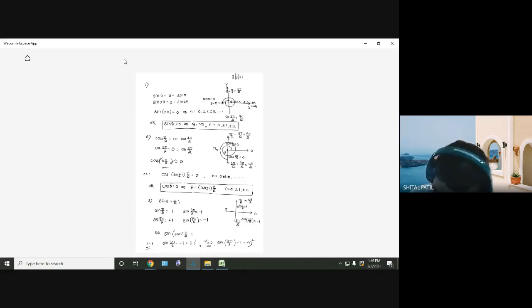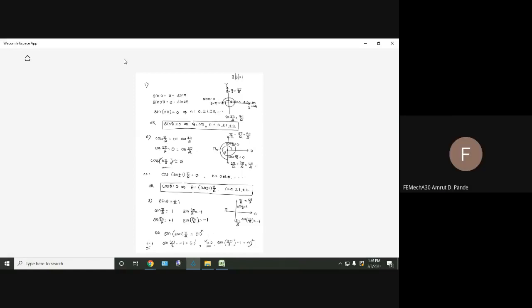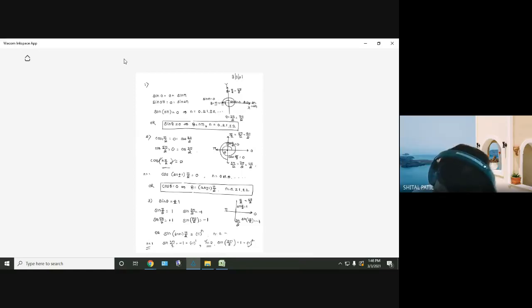Yes or no? So can I write like this minus 1 raised to n? Sin of (2n plus 1) pi by 2 equals minus 1 raised to n, लिख सकते हैं? Why not? Yes, sir. Okay, और n क्या ले सकते हैं? कोई भी नंबर. ठीक है? राइट? लिखो इसको. Write it.